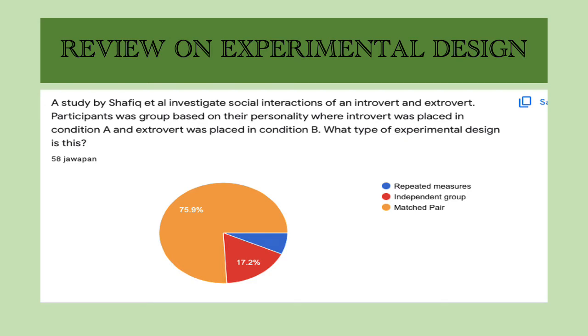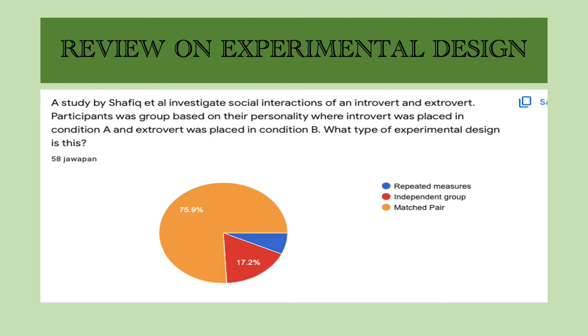Alright, now let's review the question on experimental design. So this kind of question is the standard that you should go to, okay? That A-level standard, which is using scientific terms. Now for this question, I can see that there are still quite a number of incorrect answers. The study by Shafiq investigates social interaction of an introvert and extrovert. They were grouped based on their personality, where introvert goes to condition A, extrovert goes to condition B. What type of